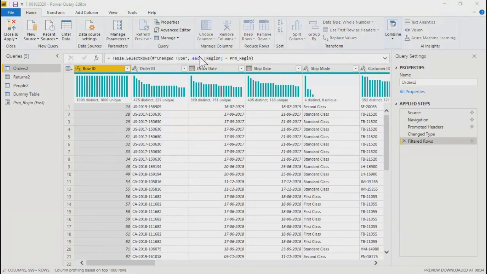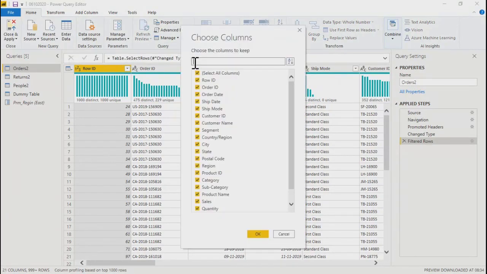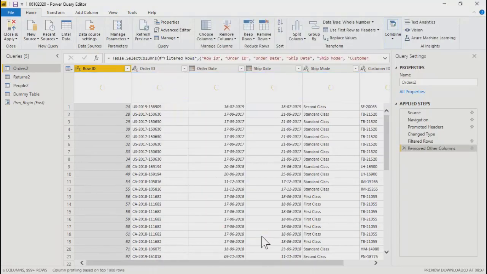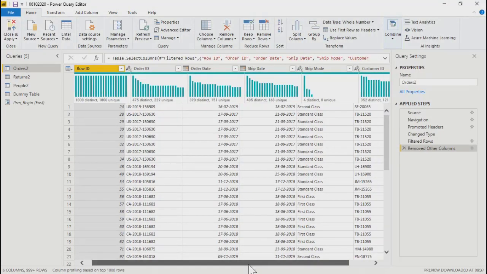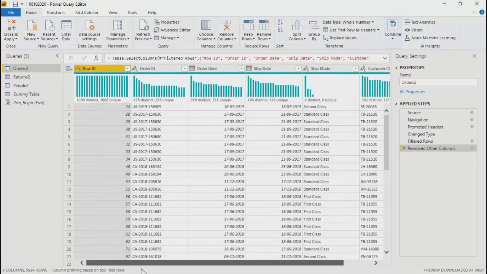Whatever column you choose, you will get navigated to that particular column. So from here, let's say you select only 2-3 columns. In your data, you will show only those 2-3 columns, right? Now only these columns are visible, whatever I selected.